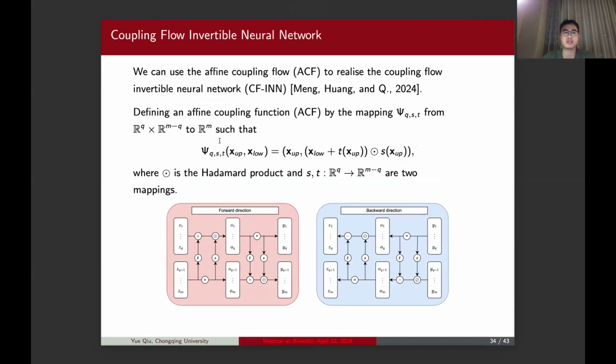This affine coupling just divides the input into two parts, and when we transfer this information from one layer to the next layer, it keeps part of the information and uses the other part for mixing, and then by introducing some nonlinear mappings, it can make this map